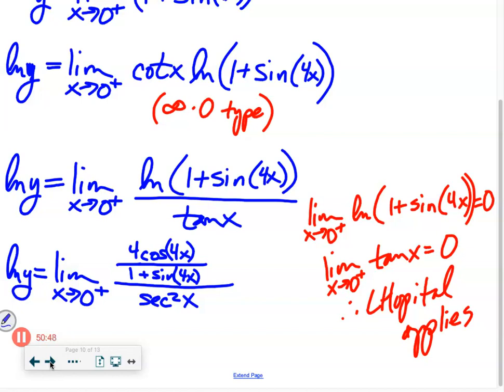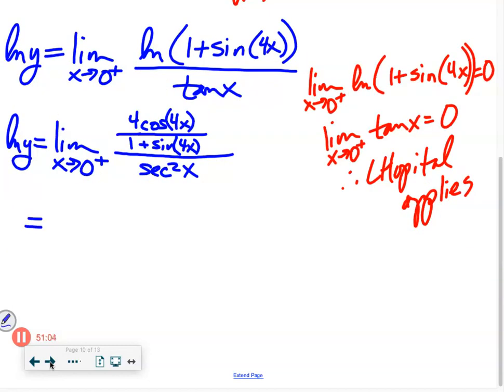So now I got to clean this up. There's a lot of ways to clean it up, but there's one way that works really nice, right? So dividing by secant squared is the same as multiplying by cosine squared, right? Just so you know, when I'm working these problems, I rewrite my left side every single time. Don't just string the equals because you'll forget, because we got to do something with this when we're done. So I have the limit as x approaches 0 from the right of 4 cosine cubed